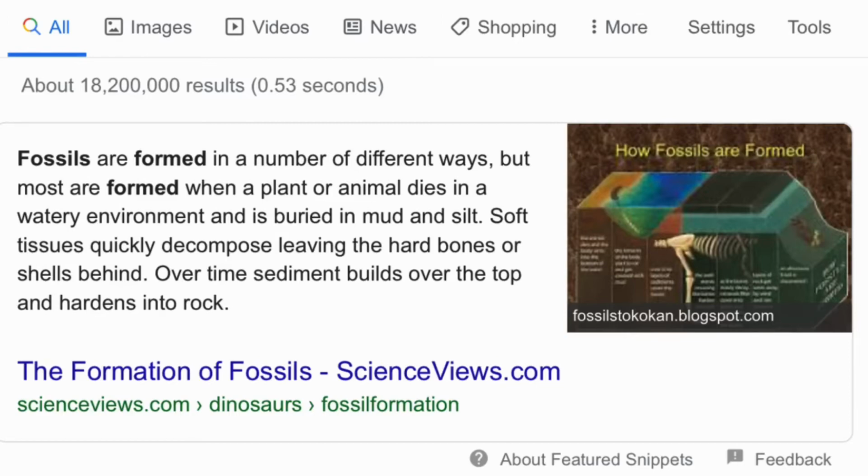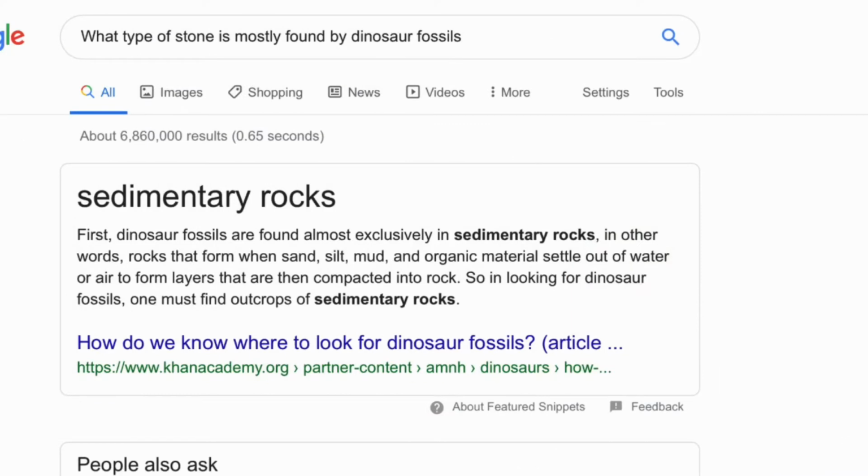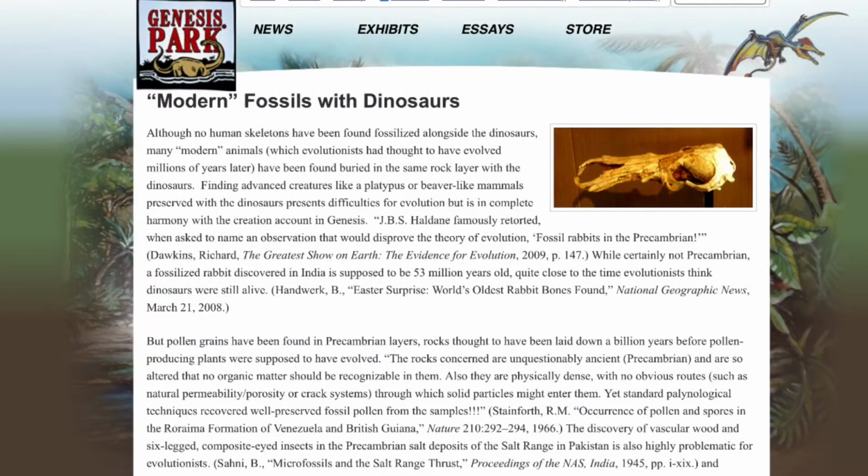And from all the fossils they found on land, doesn't it kind of sound like Noah's flood? How could these fossils get there if there's no flood? I mean, sedimentary rocks are gathered by water, and that's where mainly dinosaur fossils were found. Not just the dinosaurs, but also many modern animals have been found fossilized with the dinosaurs. Well, they say that all the animals must have been buried millions of years after the dinosaurs were there. Well, they date the rocks by carbon dating the rocks around the dinosaurs.